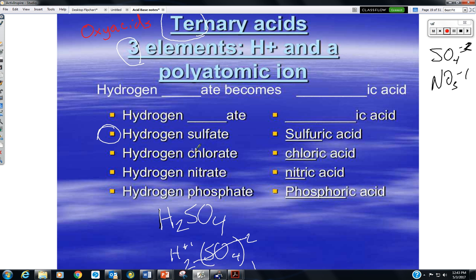Now, what we need to know is in these situations, if the polyatomic ion ends in ATE, ATE becomes IC. And we don't worry about the hydrogen being present. In the compound, hydrogen is still there, but we don't use hydrogen in the name. It just simply becomes sulfuric acid. So when you see sulfuric acid, you know that the compound is H2SO4 because it's a sulfate group with hydrogens attached to it. But if we saw